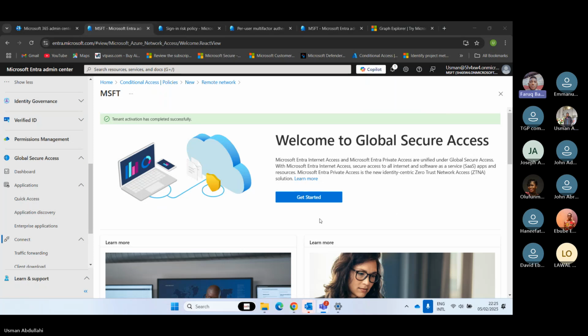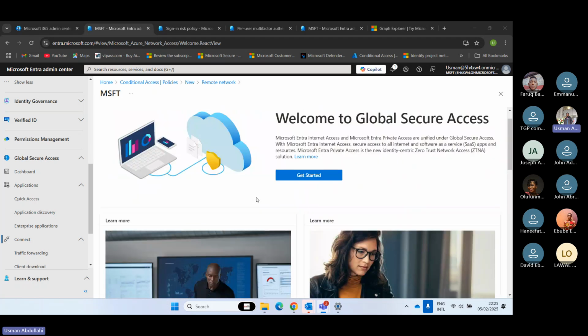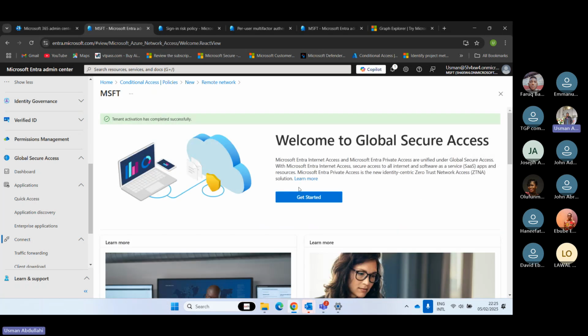Okay, so we can see that I've activated my tenants for the web application proxy, right? So what I need to do is click on get started. So once I click on get started,